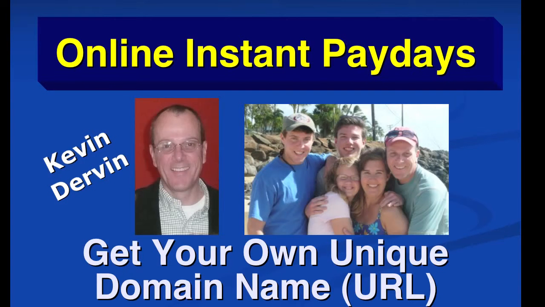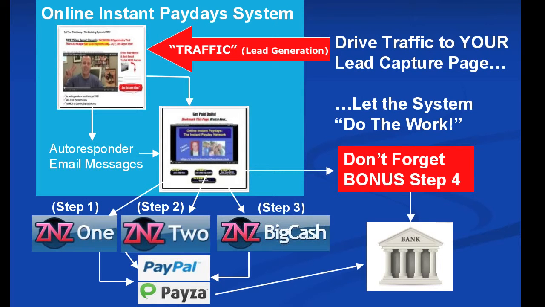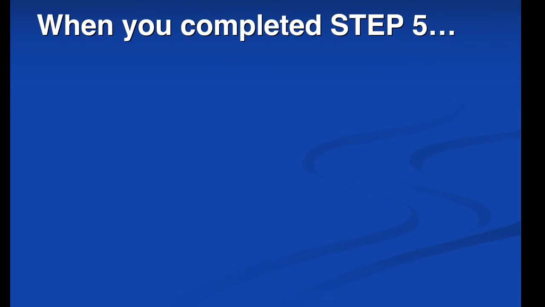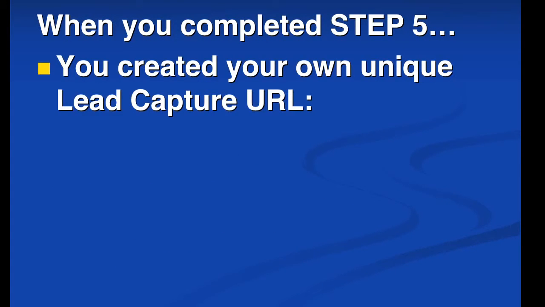Hi folks, Kevin Dervin here, and in this video I want to talk to you about and show you how to get your own unique domain name or URL to use with your online instant payday system. I consider this to be such a critical step in the online success blueprint, and something that I highly recommend that you do anytime you're doing anything related to affiliate marketing or using someone else's system like the online instant payday system, okay? See, when you completed step 5, you created your own unique lead capture page or URL